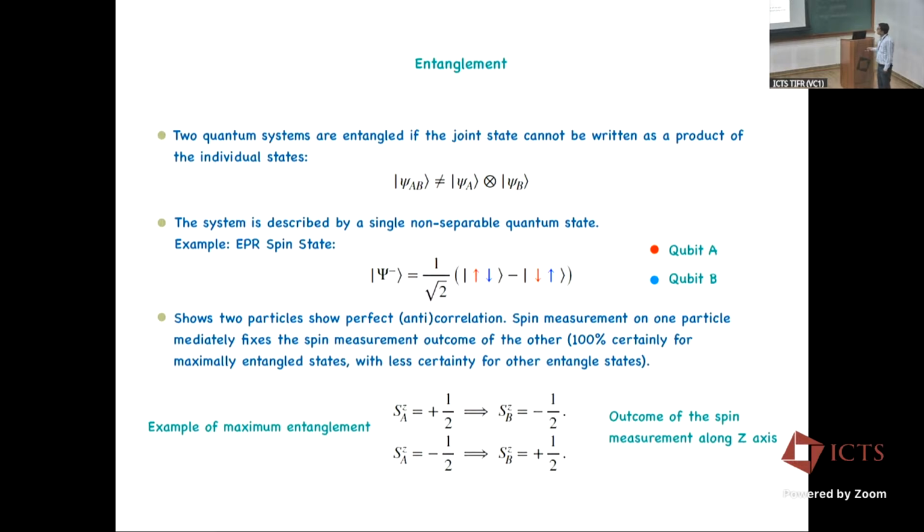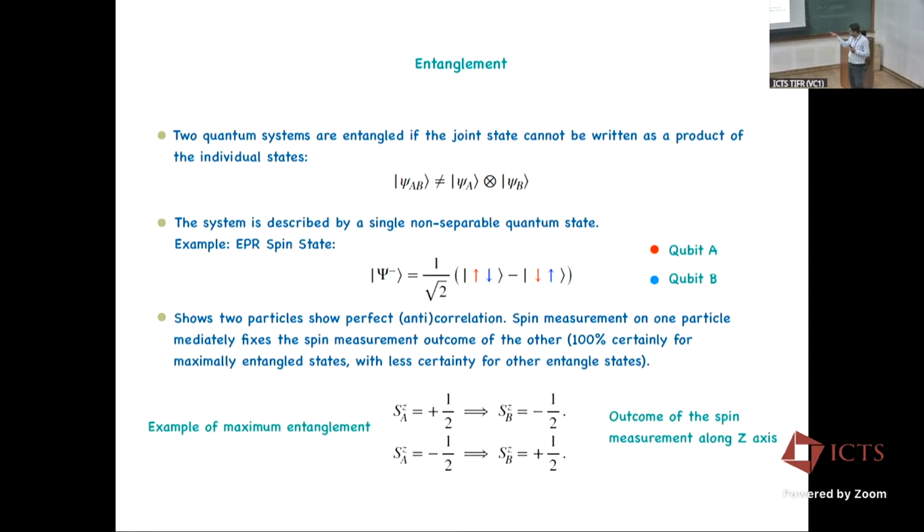This also shows a kind of perfect anti-correlation. If we pay a little attention here, we have 2 qubits and this is their joint state. Now, if I measure the spin of the first qubit along the z-axis, I get some outcome. This outcome could be either plus half or minus half. But the moment I have done that measurement, the outcome of the measurement of the second qubit is immediately settled. If I get plus half after measuring the first qubit, the measurement of the second qubit is not at all required. We already know that the second qubit is at minus half